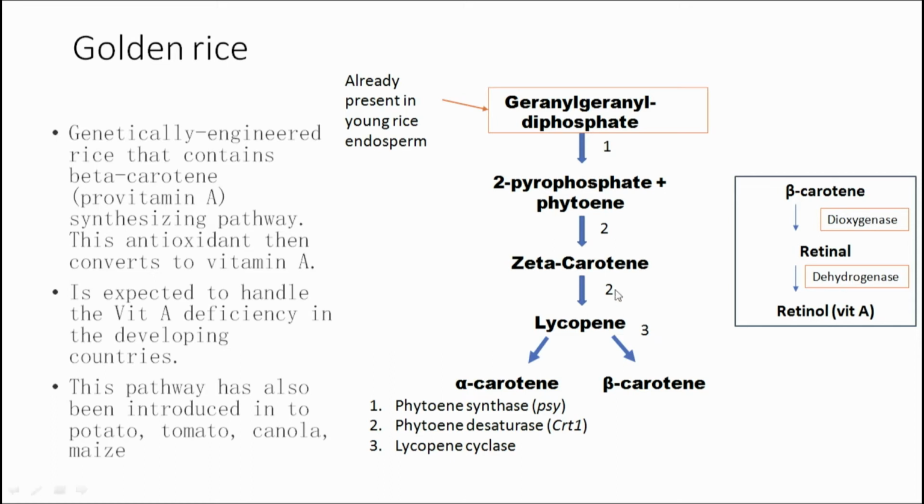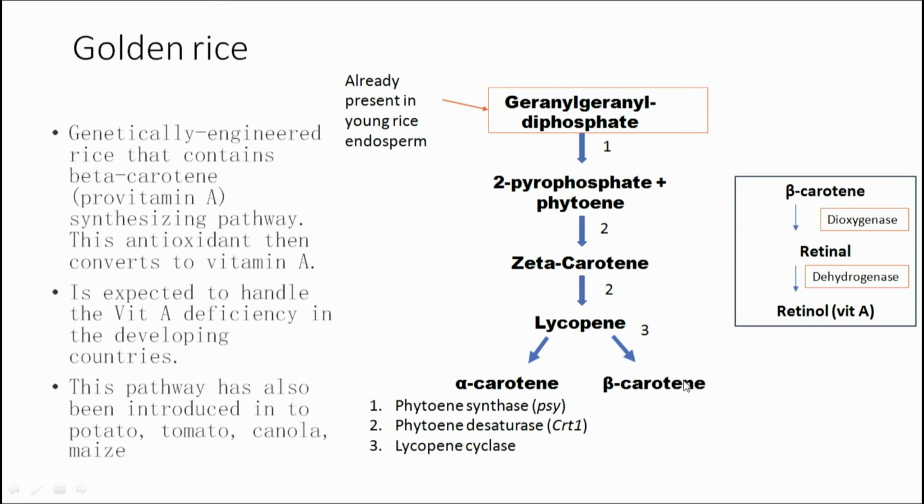Okay. So, in other words, when you look at the rice plant or the rice grain in the endosperm, you are basically at this particular stage. Okay. It cannot go all the way up to beta carotene. So, you are going to introduce genes which now code for certain enzymes which can bring about the conversion at this stage, at this stage, at this stage, at this stage, and finally